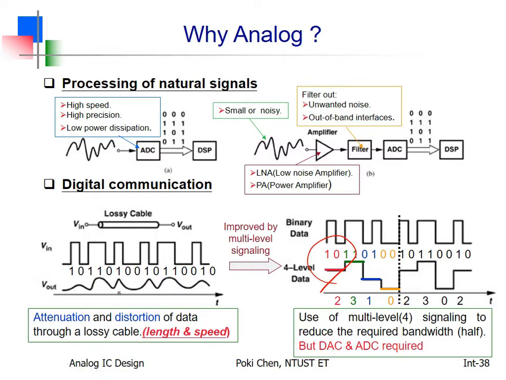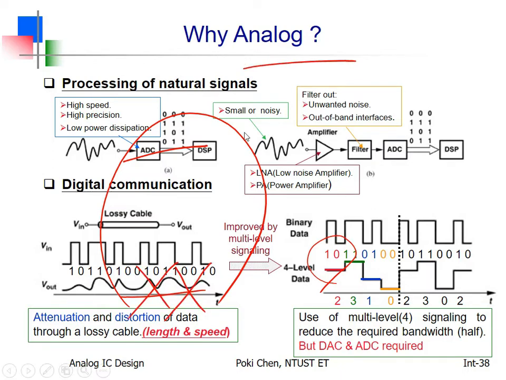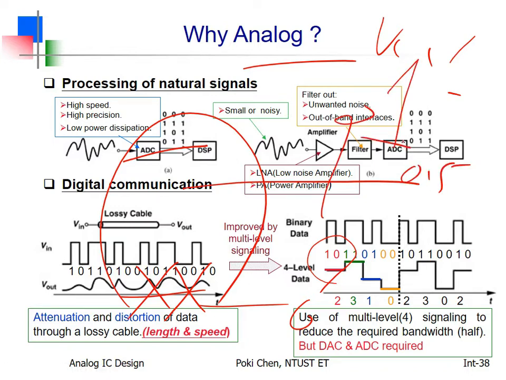In the past, you have only 1 0. So everybody in digital domain knows how to extract the content at the receiver side, only if the waveform is good enough. If it is close to VCC, then they will think that is 1. If it is close to 0, they will think, oh, that is 0. In between, for digital guys, above 50%, it is 1. Below 50%, that is 0. Oh, they live happily since then. They love it. We hate it.